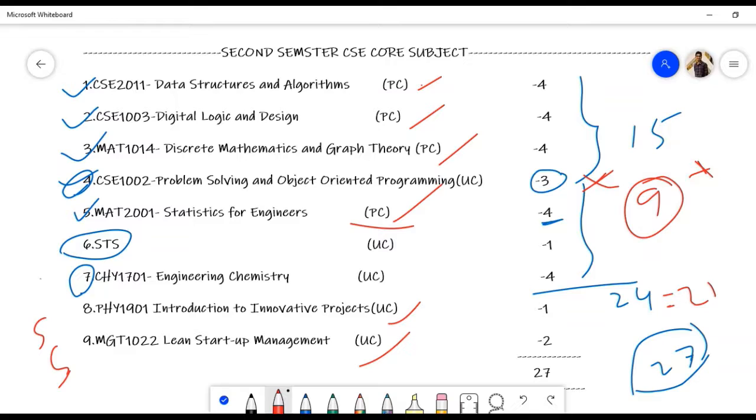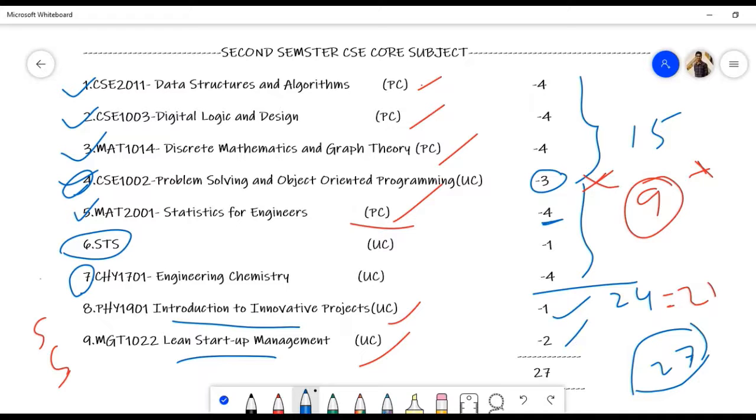You can take OOPS in this semester or not, it's up to you, because sometimes some people will get a clash. According to that you need to choose this subject. Next, LSM and IAP, Introduction to Innovative Projects. You can take any one or any two subjects according to you. In FFCS, if seats are available, then you can take these subjects. They are only one credit and 2 credits, only theory, only DS will be there, no CAT exam, no quizzes, no FAT also. So easily you will get S grades in that.